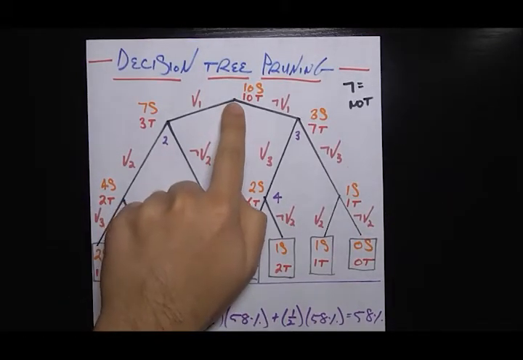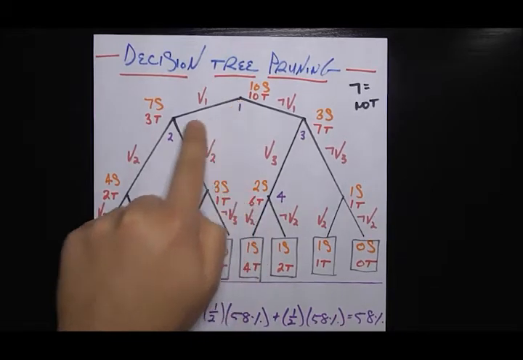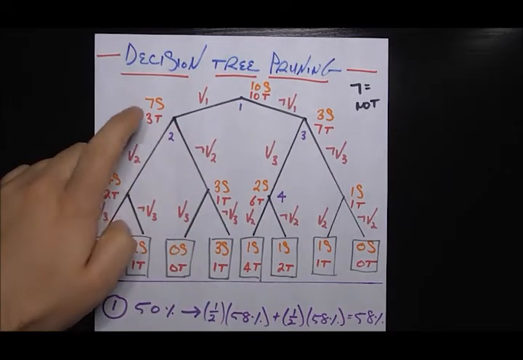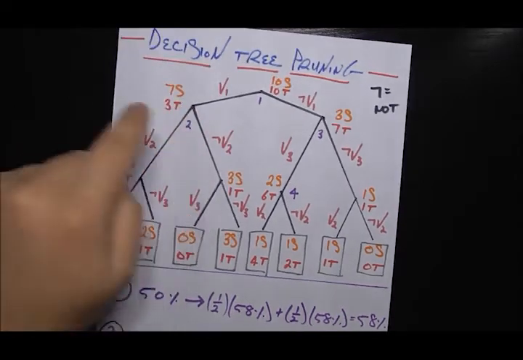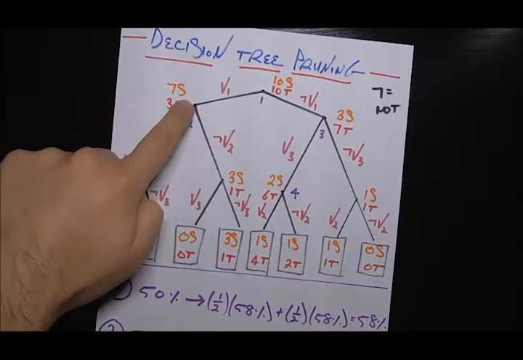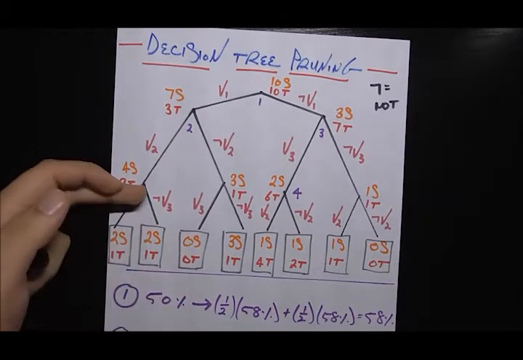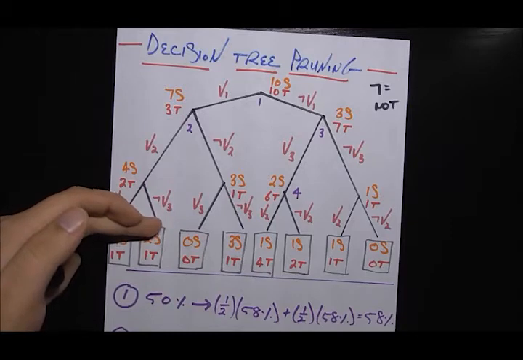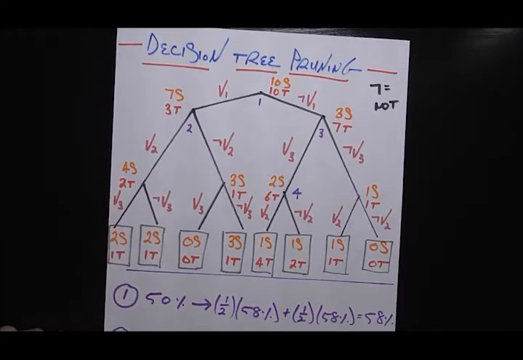So we see that the first thing is that it says yes or no to V1. So let's say we go down the yes V1 route. We see there's 7 salmon and 3 tuna here. The next thing it does here is say yes or no to V2. Let's say we say yes to V2. We go down here. There's 4 salmon and 2 tuna here. And let's say we say no to V3. So we have 2 salmon and 1 tuna here. So at this point, that's all our variables are used up.